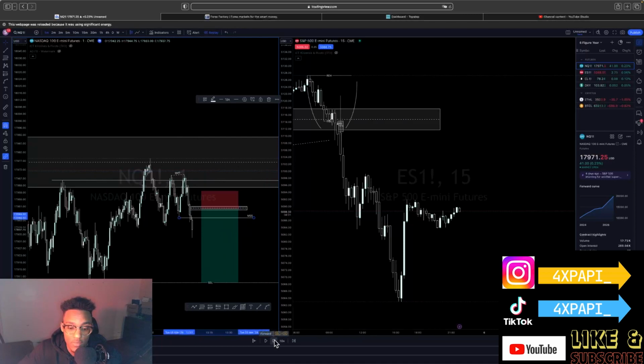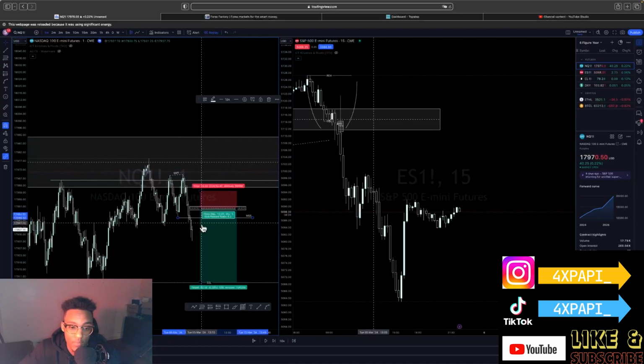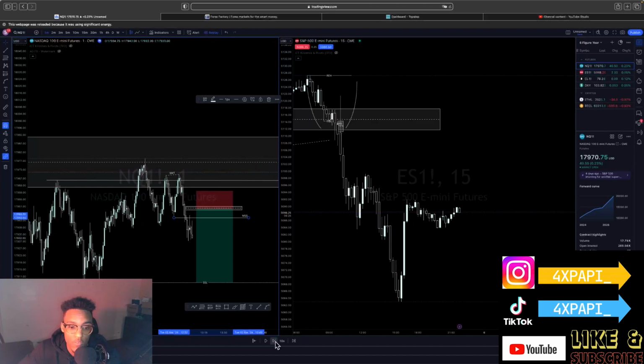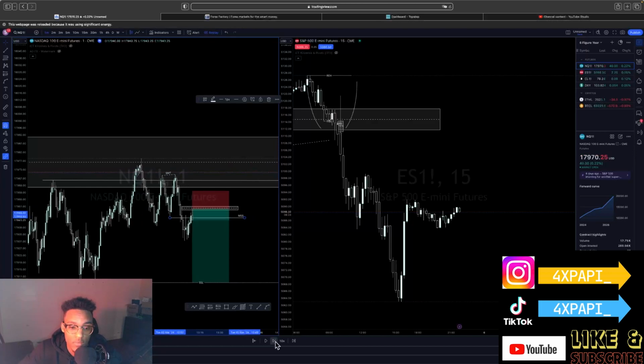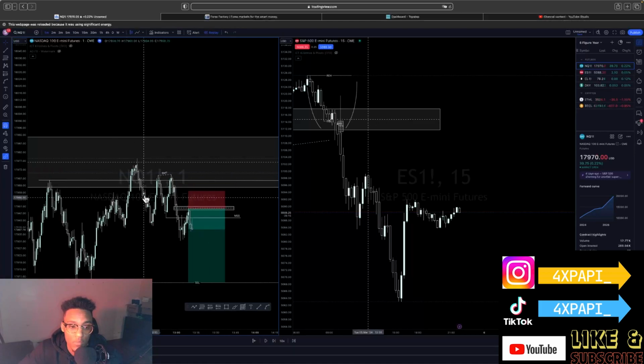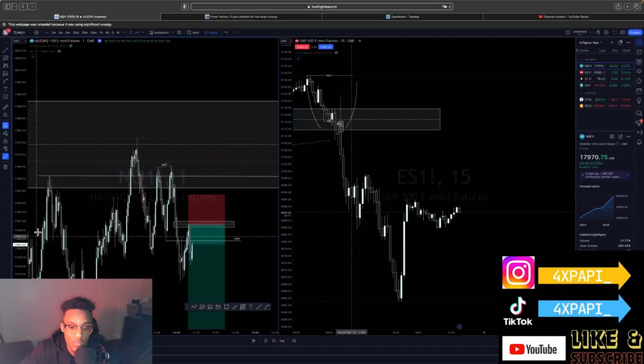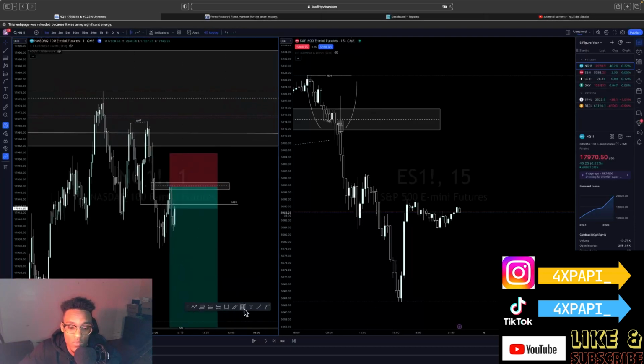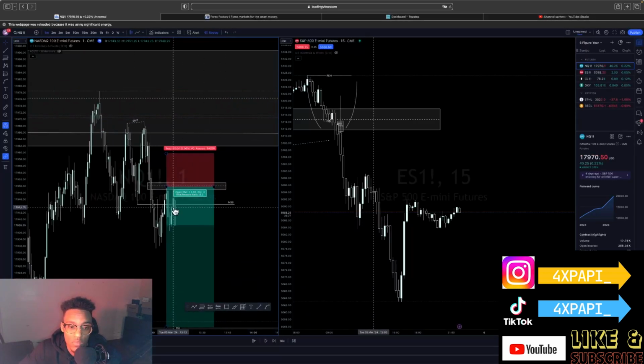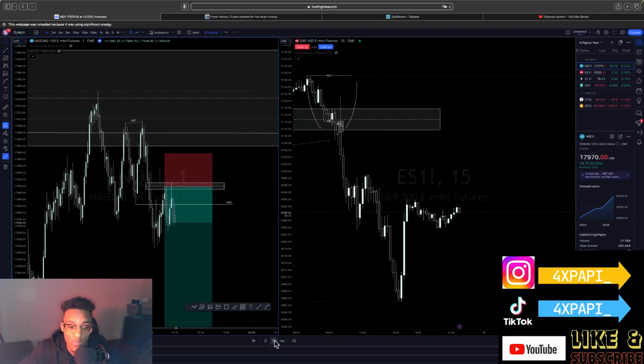That's the next entry. This fair value gap. Once we retrace back to equilibrium. Because we never want to chase. And then we get tapped in right here. So what does price do? Same thing that it did here. It put in a high, internal liquidity. Price comes, takes out those stop losses, and then rips.